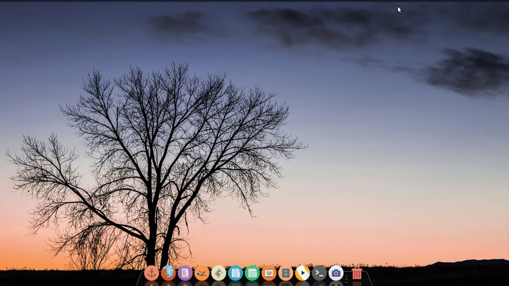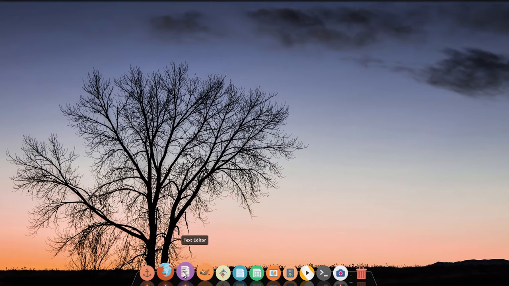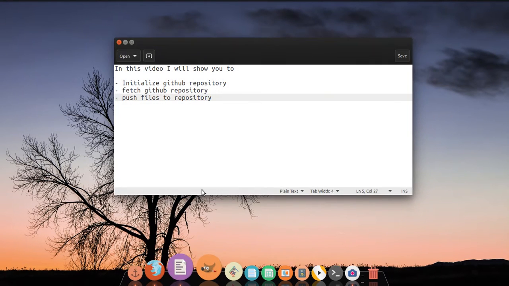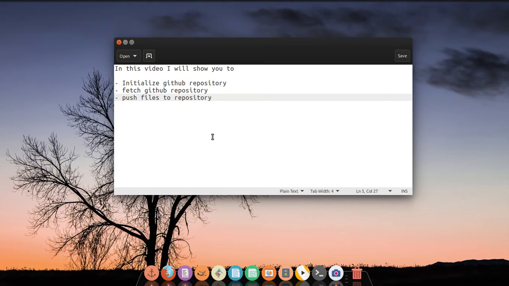In the first video, I have shown you how to create a new repository and a new organization in order to do team coding. So as I told before, I'm using the Linux platform. However, it doesn't matter which platform you use. So let's go for it. In this video, I'm gonna show you how to initialize a Git repository, fetch a GitHub repository, and push files to the repository